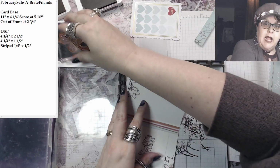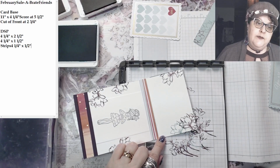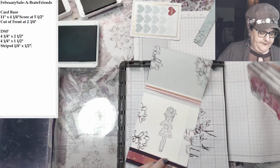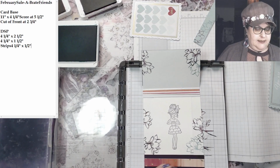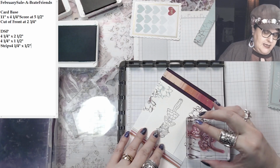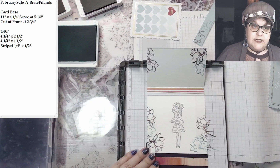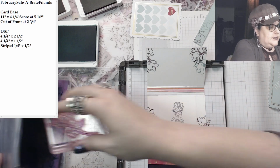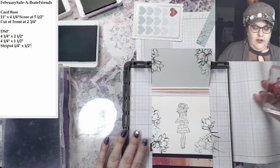And then while we've got the Bermuda Bay, because we don't want to keep cleaning things off, I'll add a Bermuda Bay up there. That looks pretty. I'll add a Bermuda Bay down there. That looks nice. And I think I'll do a little Bermuda Bay inside there. That's looking really cute. Okay, so I'm going to clean that up, and then I'm going to come over to